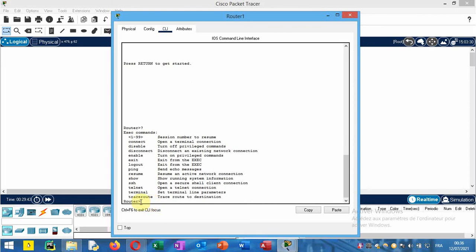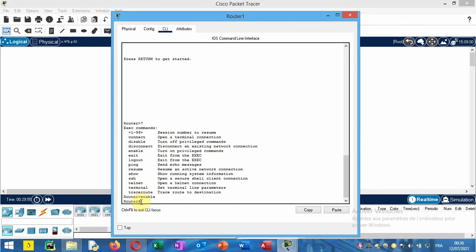Now again, as I said, this is called the user mode. Okay, you should remember that. Take a note if you're gonna forget it. In order to go to the privilege mode, we type enable. Now after that, you can see the